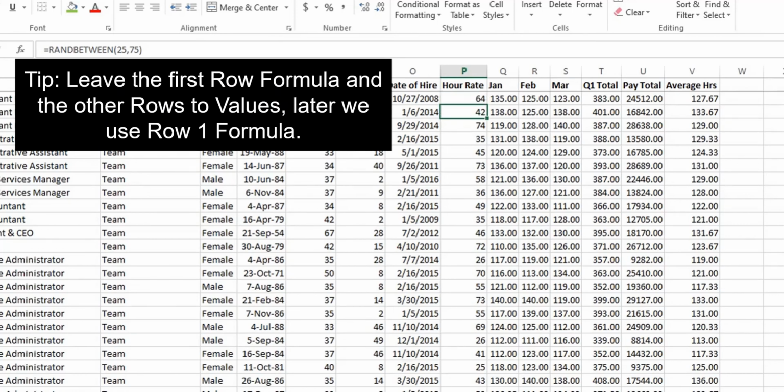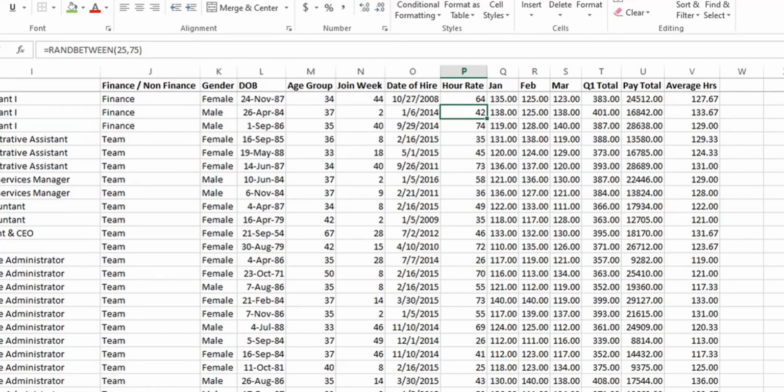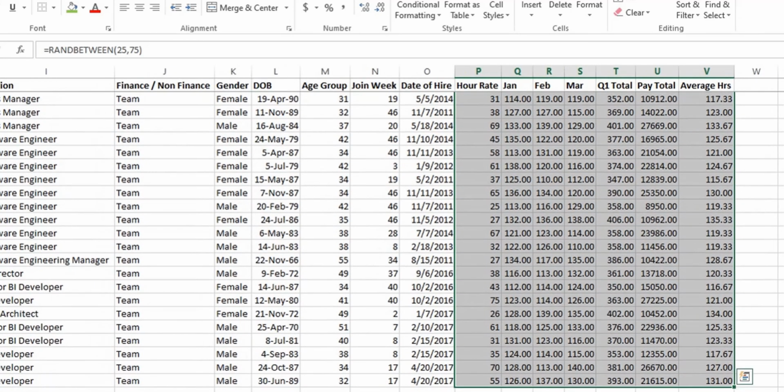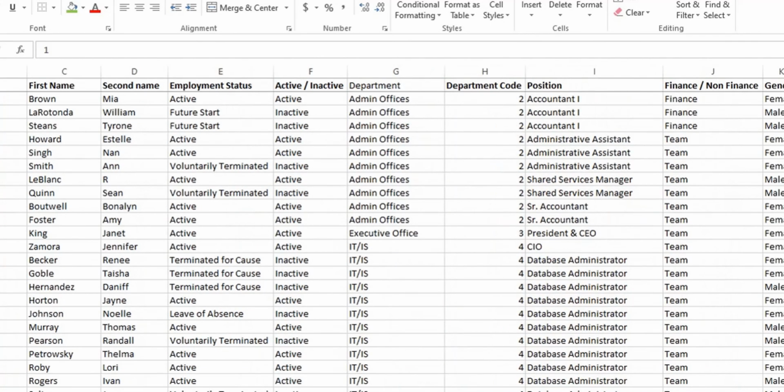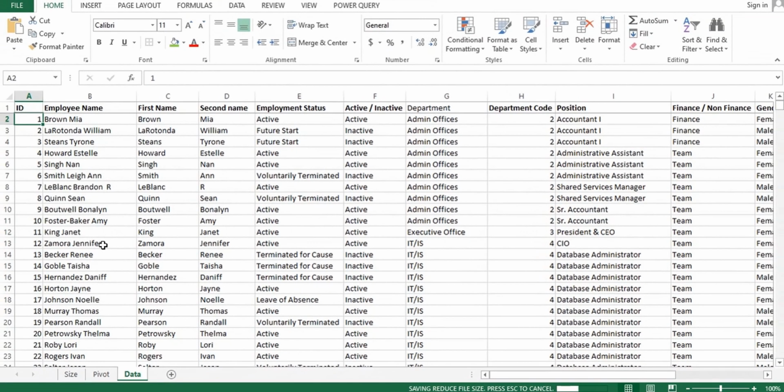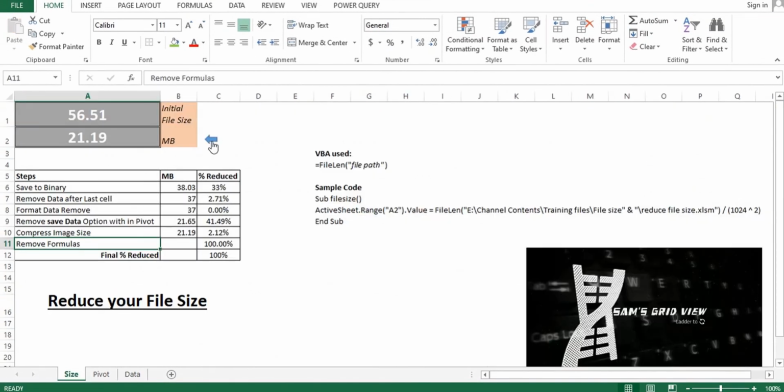Instead, I will change my formulas from row 2 till the end of my data set to values. Again, let's hit Control S, wait for some time, and hit this arrow button. Wow, that's reduced our file size to 14.86. So let's update here 14.86, which is around 31% of our last change.